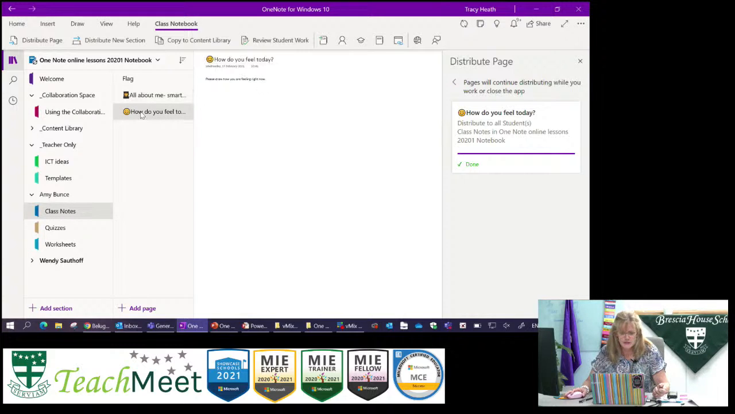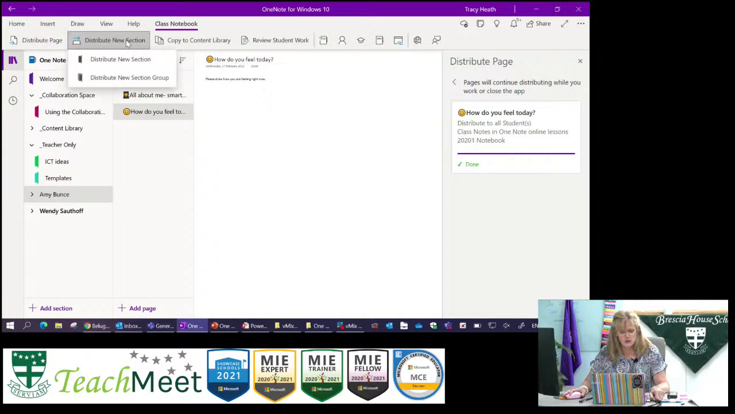Here you can see it has already popped up. And now Amy and Wendy are actually going to add some information so that you can see how quickly this system can actually work. They're going to add their information, and then we will have a look at what they have written. While they are doing that, the question earlier about distributing a new section, if you click here, you